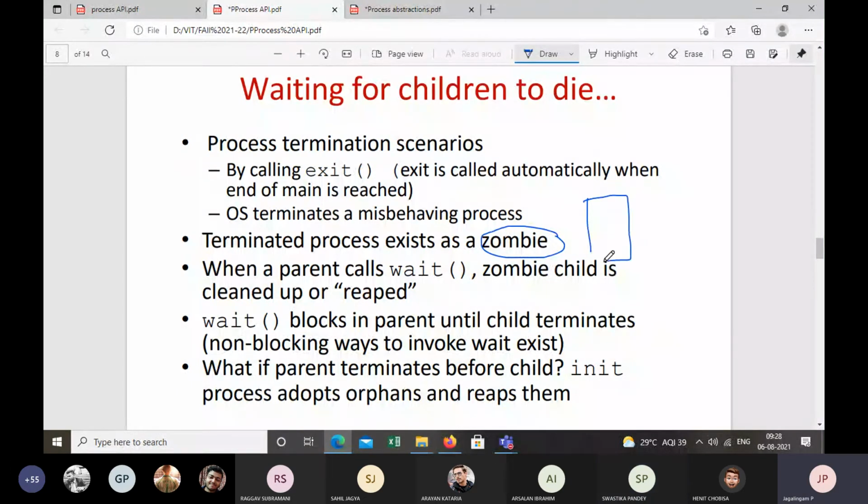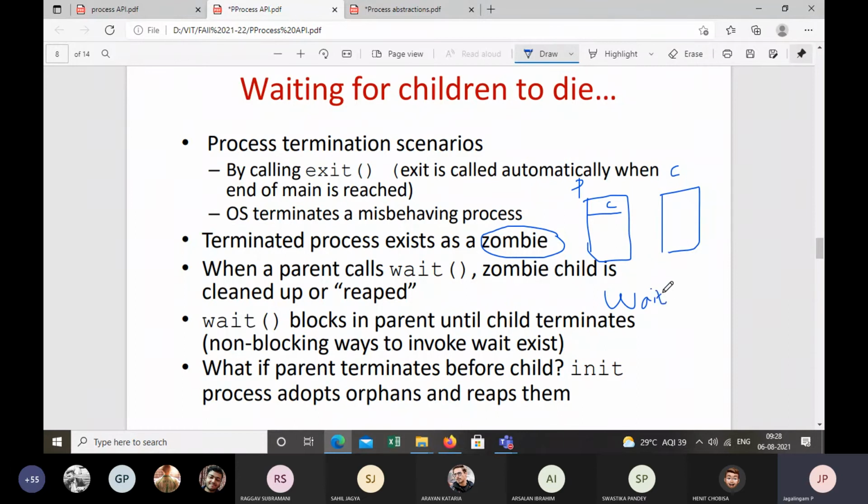Now look at the figure here. You have a parent process, you have a child process, right? Parent and child. Now, when the parent makes a fork system call, the child is created, right? Now, the parent process invokes the wait system call.